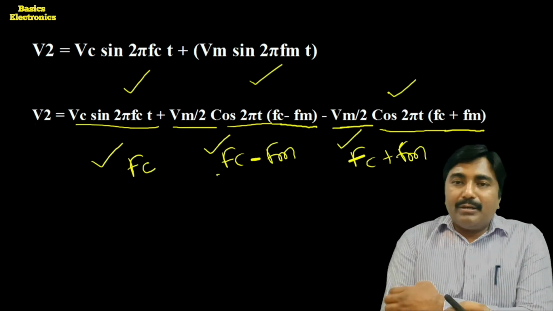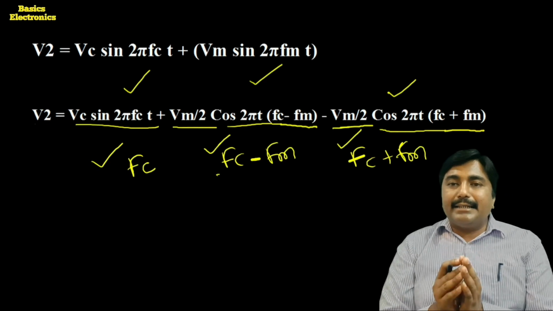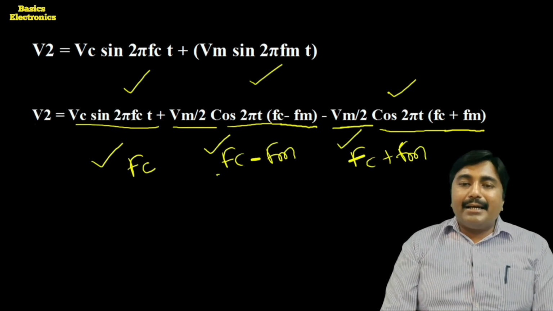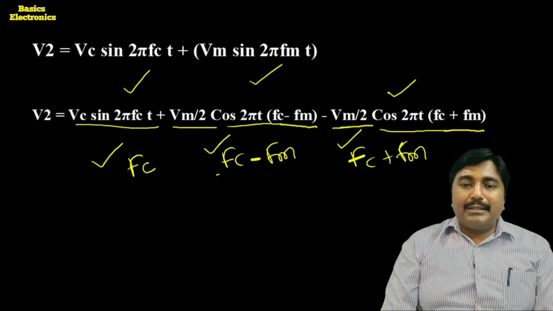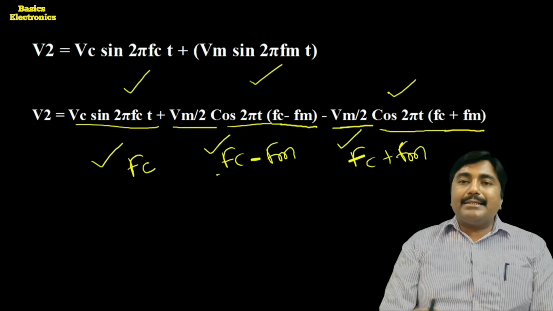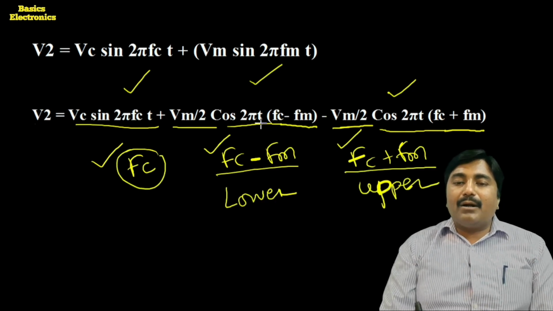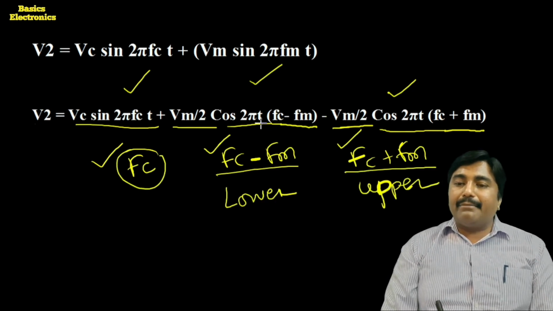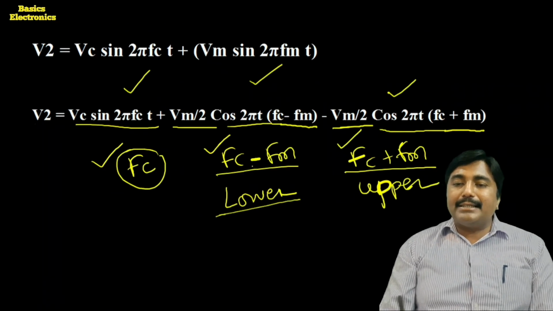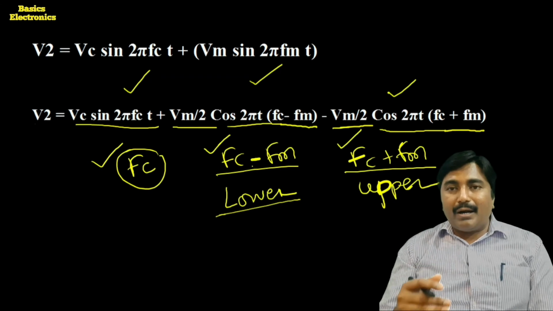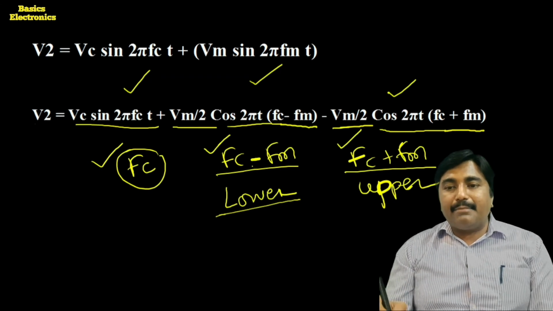Means after the modulation process, the resulting signal has the carrier frequency fc, plus one frequency which is less than the carrier frequency, we call it the lower sideband frequency, and another frequency which is more than the carrier frequency, we call the upper sideband